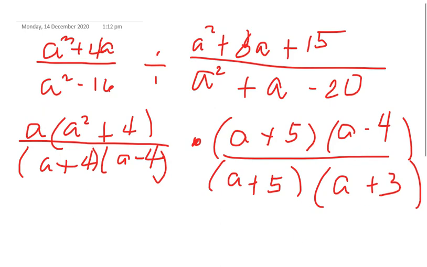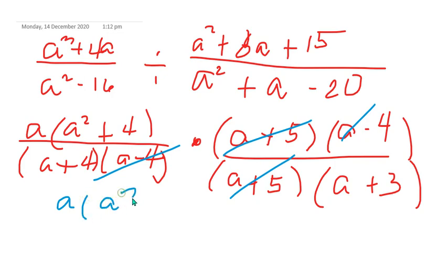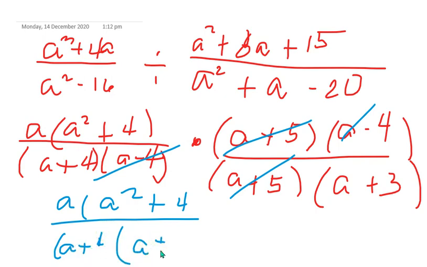Okay, then now we get the common factor. So we have here a plus 5 divided by a plus 5, a minus 4 divided by a minus 4. So, therefore, what remains now in the numerator is a times a squared plus 4, over the denominator we have a plus 4 times a plus 3. Okay, so that's it for division